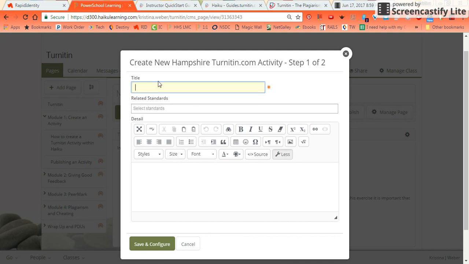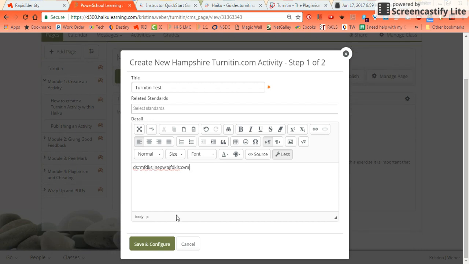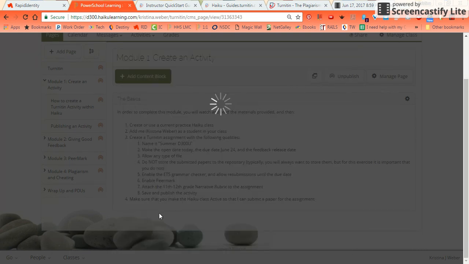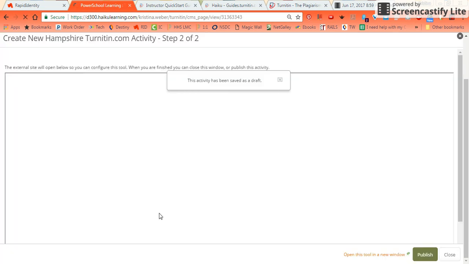Now a content block comes up where I can name the assignment. So just call that Turnitin test. I can describe the assignment and then hit save and configure. Now the activity has been saved as a draft. Go ahead and X out of that